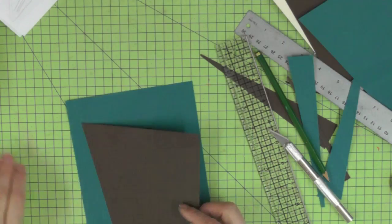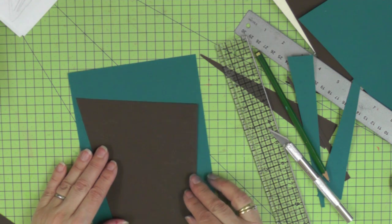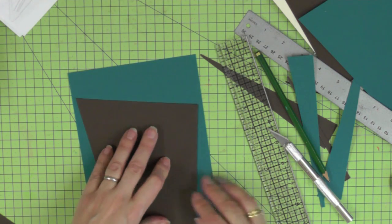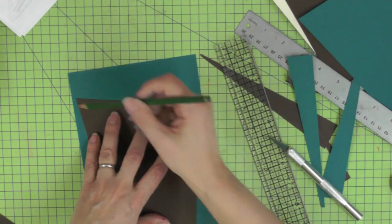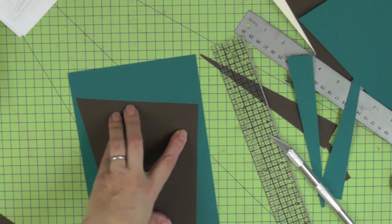Now I did try to do the brown piece the mathematical way, but it really didn't work. I made a real pig's ear of it, so I've come up with a much easier way to do it. And after all, that's what we like. We don't want anything too complicated when we're supposed to be crafting. And so I'm just